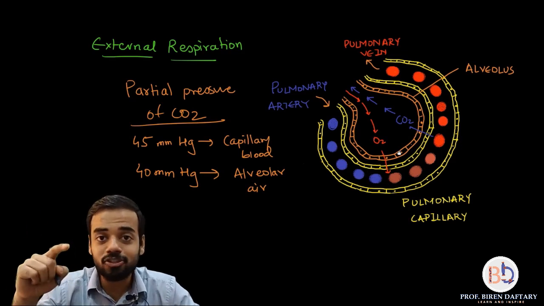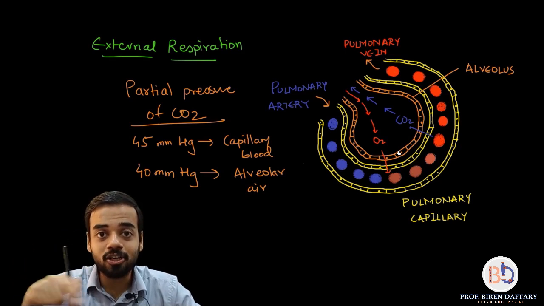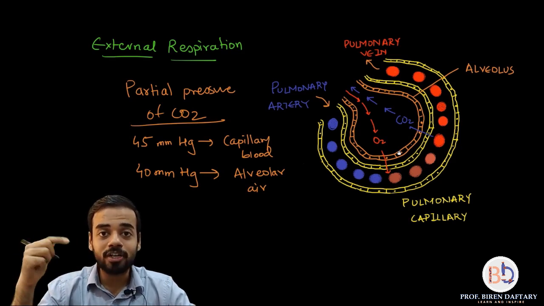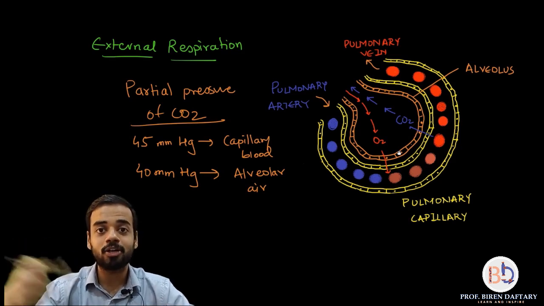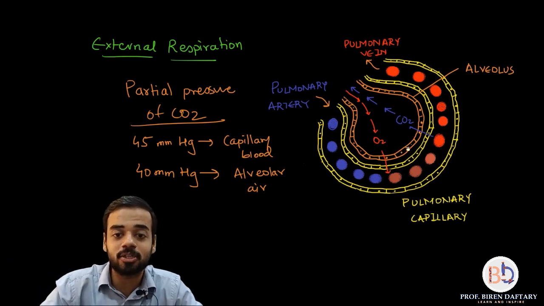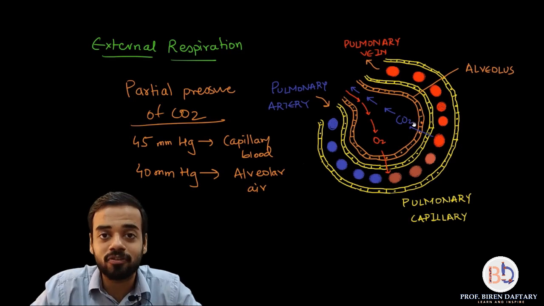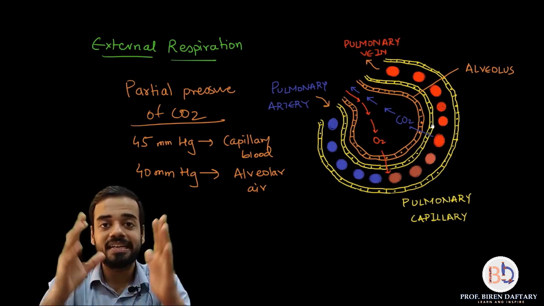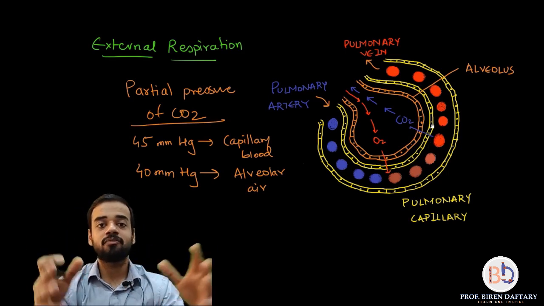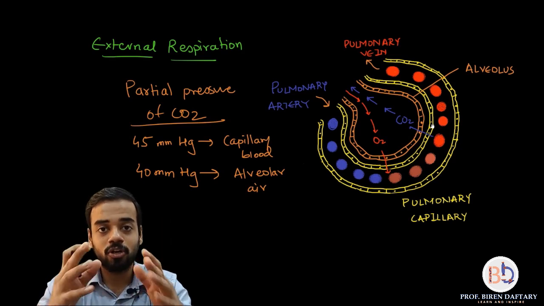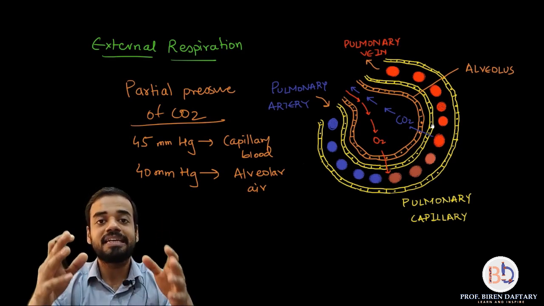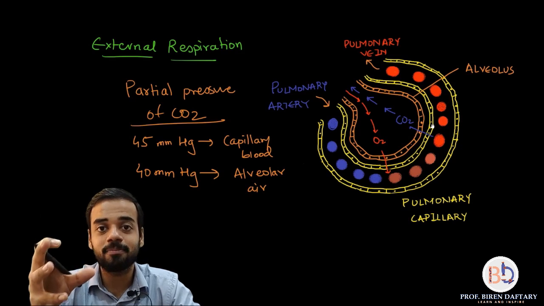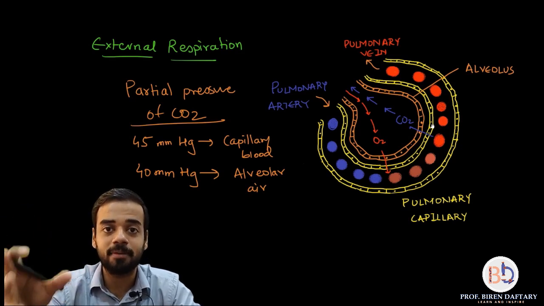So the blood is not entering the alveoli. This is a closed circulatory system. The blood is only going to flow in the vessels. But whatever things you need to remove from the blood or add to the blood, only those things will get diffused, and that is because the epithelium or the membranes of alveoli and the capillaries both are very, very thin, and hence things can move across it. Is this clear? Okay, so with that we finish external respiration also. So I hope you have understood external respiration. In that topic you have to basically explain the gaseous exchange taking place between the alveoli and the pulmonary capillaries.